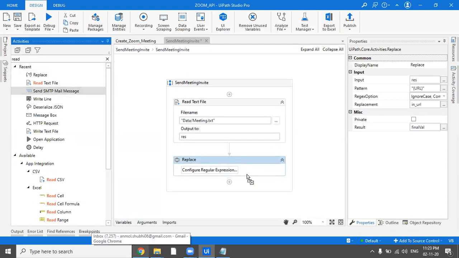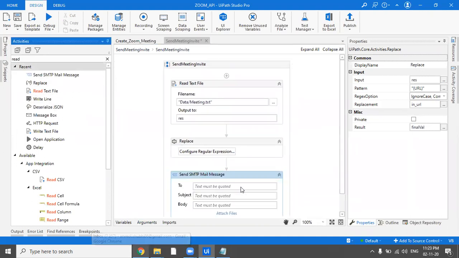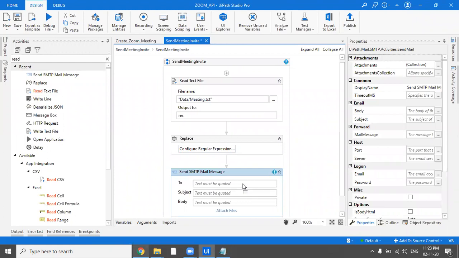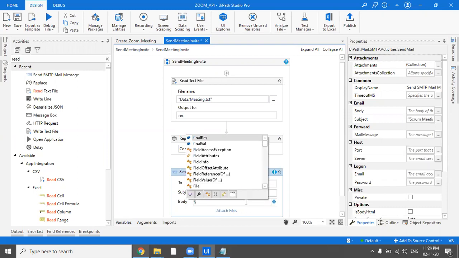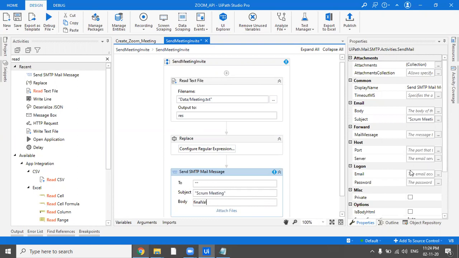Now let's drag in a Send SMTP Mail Message. I'll be sending it via Gmail. Let me put my mail ID here, which I'll fill in later. The subject could be the agenda or something like that, so let's write Scrum meeting. Our body would be the final value which we have got here.